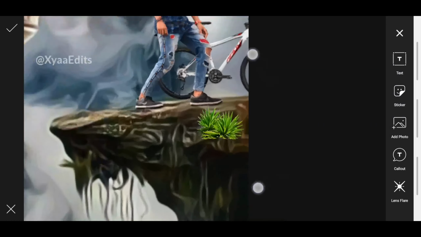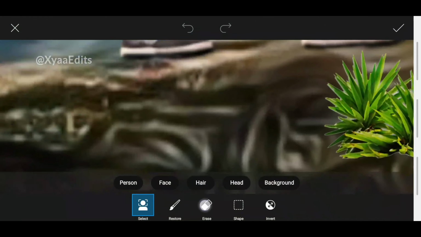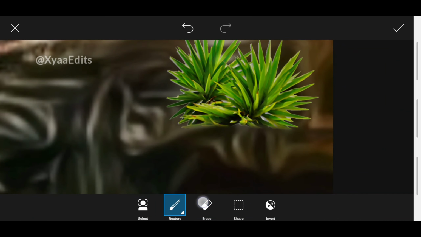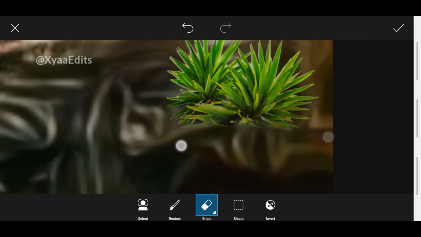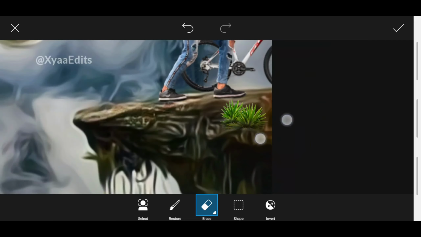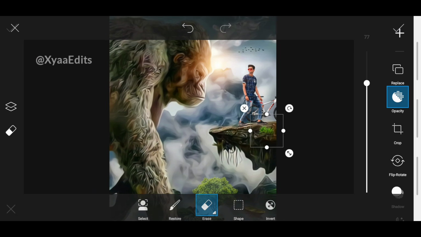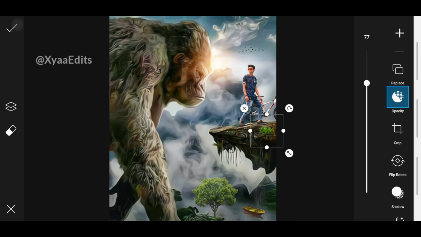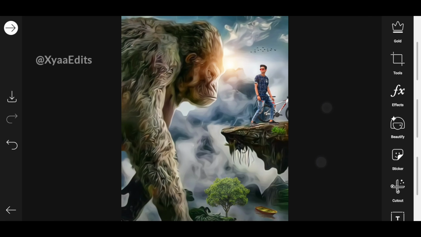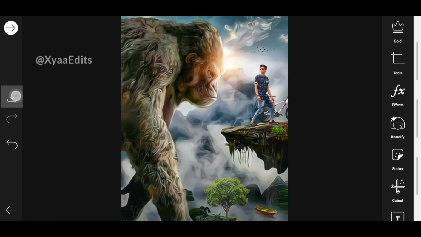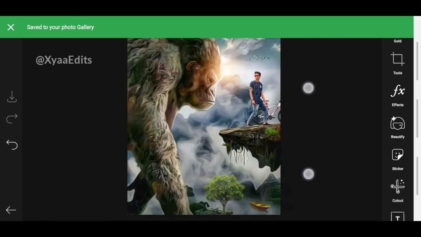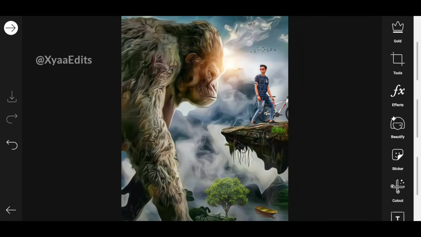Perfect. I'm going to erase this bush on the bottom portion here like this to give the realistic look. Now tap on tick. Perfect. We arranged every PNG perfectly. Now we have to edit this image further in the Snapseed application. Now we have to save this image in PixArt and you have to jump into the Snapseed application. See you there.